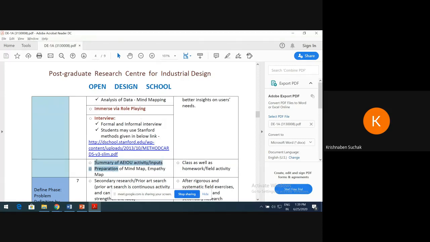Then you have to prepare a summary sheet of AEIOU. AEIOU is 5 different canvases which you don't need to prepare; you just need to prepare the summary sheet. So here I will upload the summary sheet of AEIOU. It is also available on the GTU-DE portal. After you decide your team members and group project, I will ask you to register on the DE portal. After registering on that portal, you have to prepare all these canvases.